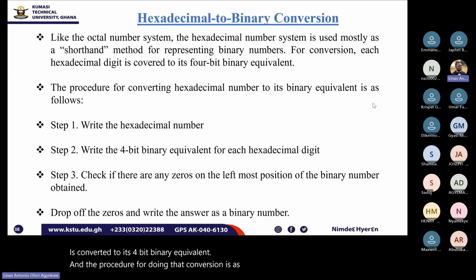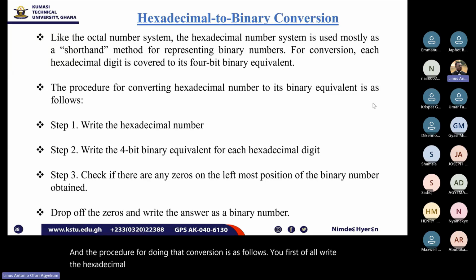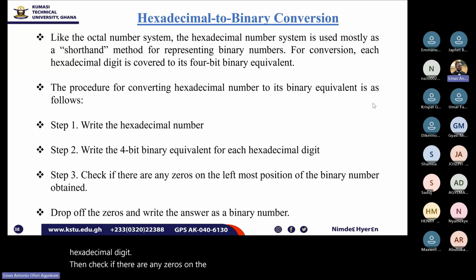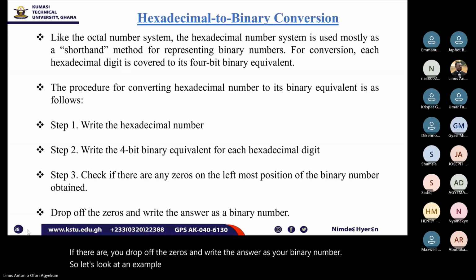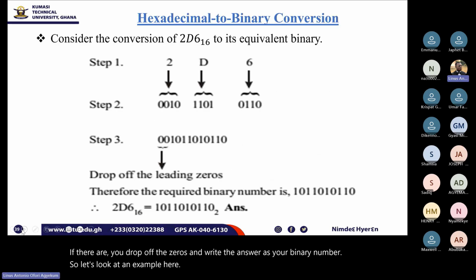You first of all write the hexadecimal number. Then you write the 4-bit binary equivalent for each hexadecimal digit. Then check if there are any zeros on the leftmost position of the binary number obtained. If there are, you drop off the zeros and write the answer as your binary number. So let's look at an example here. So consider